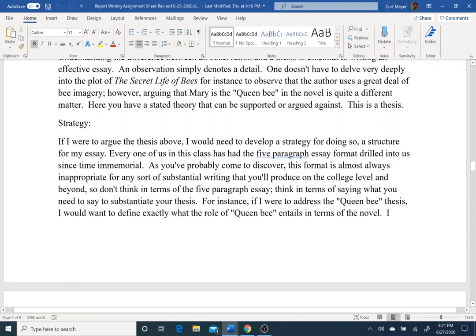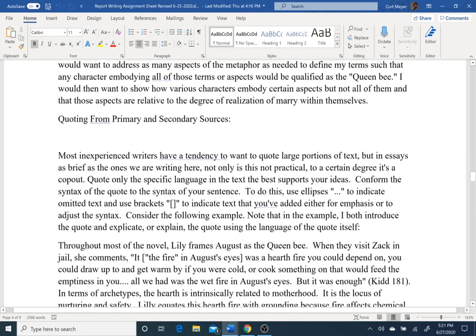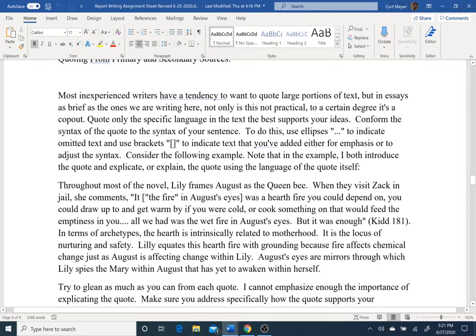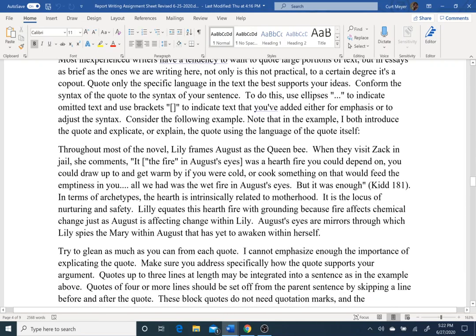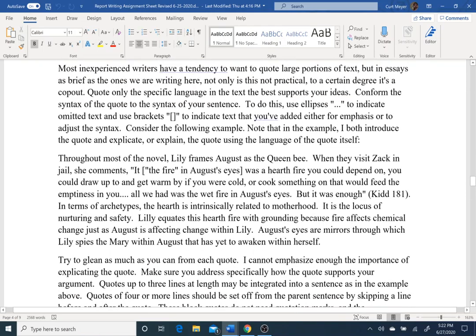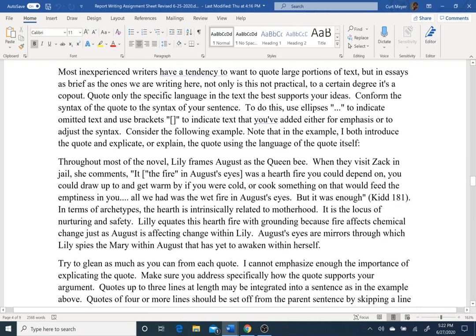This example here, I'm not going to read through all of it, but this example here is from the novel Secret Life of Bees. You don't need to know anything about the novel Secret Life of Bees to glean the technique out of this. I will read some of this with you because it's very important and it's the crux of what I'm trying